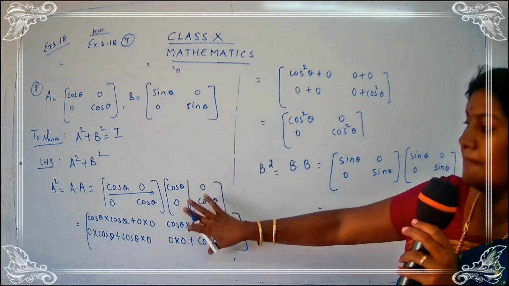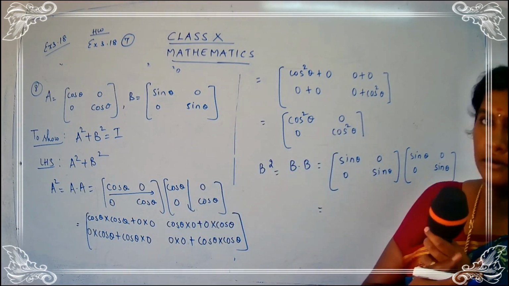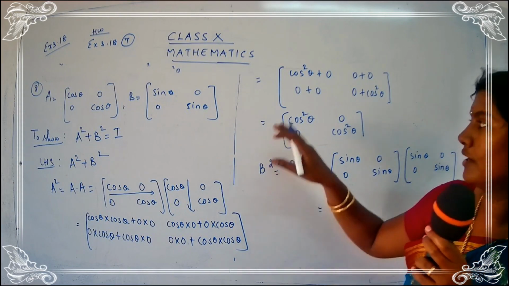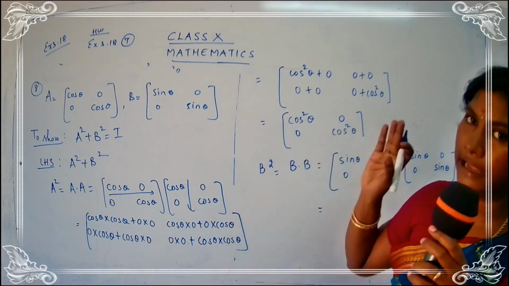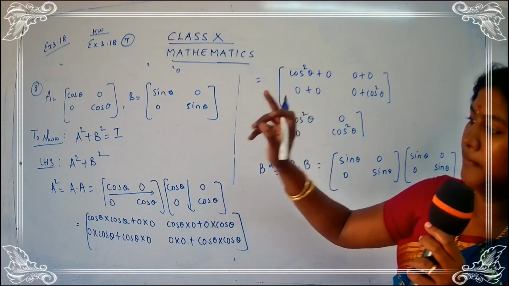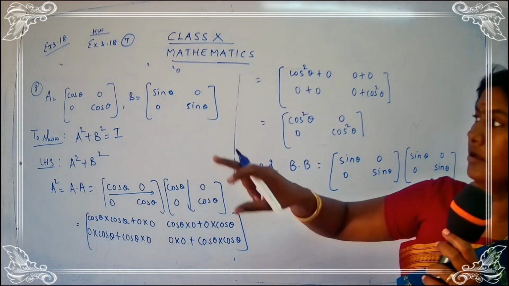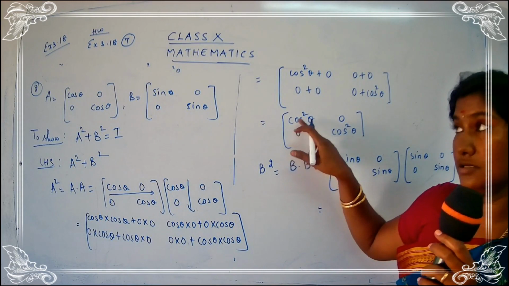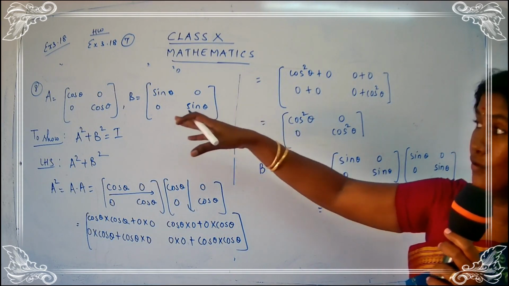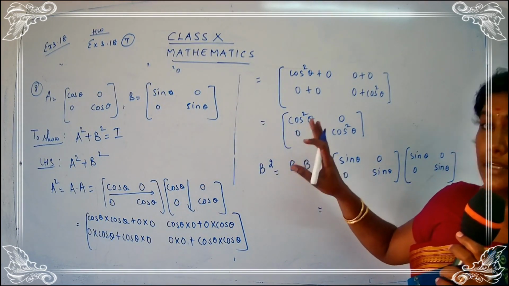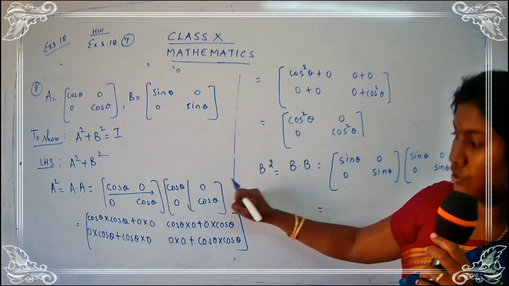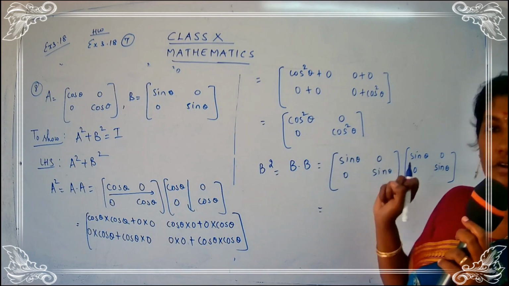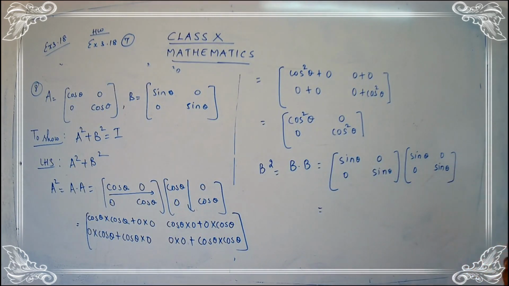But this is not true for all the cases. Okay, for this sum we got this type. But when you go for the other sums, we will not be having this format. Okay, so never ever try by the direct method. This case was direct, like we go with the square, we'll get the answer. But this is not the correct way of getting the answers directly. You cannot do the answers directly. You are going to show the steps and you are going to find out the answer. Let us proceed for b square.